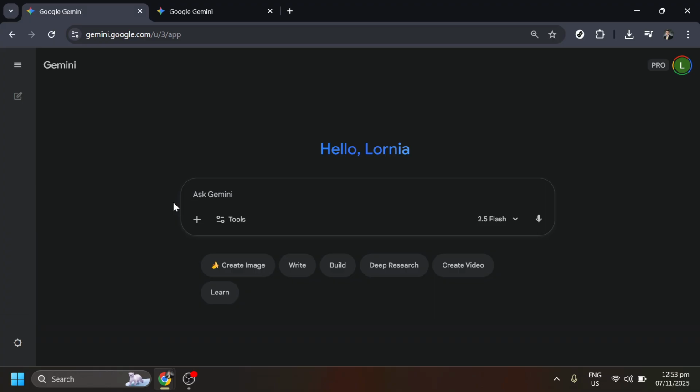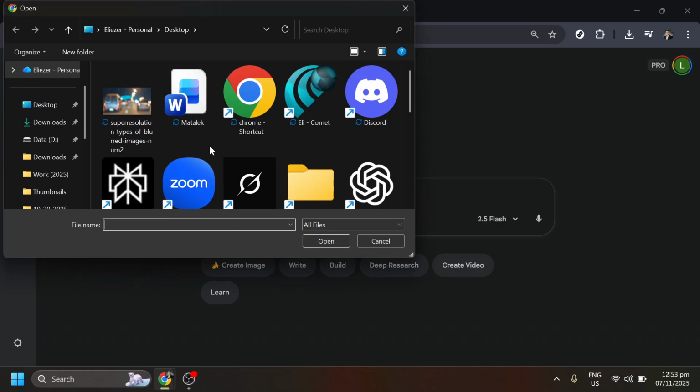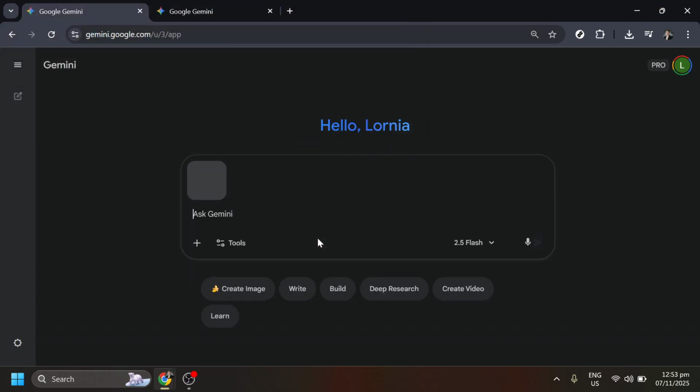Now you'll need to upload the photo you'd like to enhance. Look for the plus sign icon. It's usually quite prominent, making it easy to locate at a glance. Clicking this will prompt you to select a photo from your device. Choose the image you'd like to upscale. Remember, Gemini AI is ideal for images that could use a touch of clarity, so pick an image that will